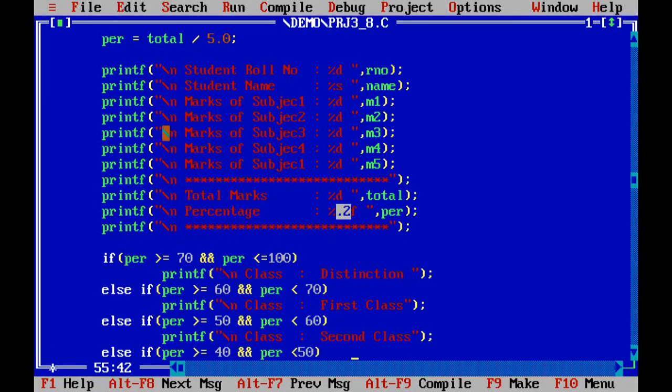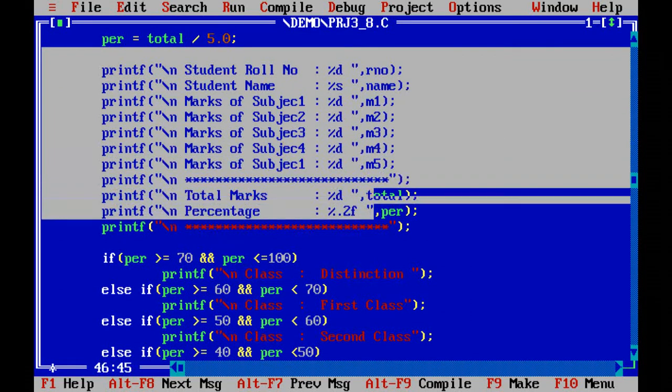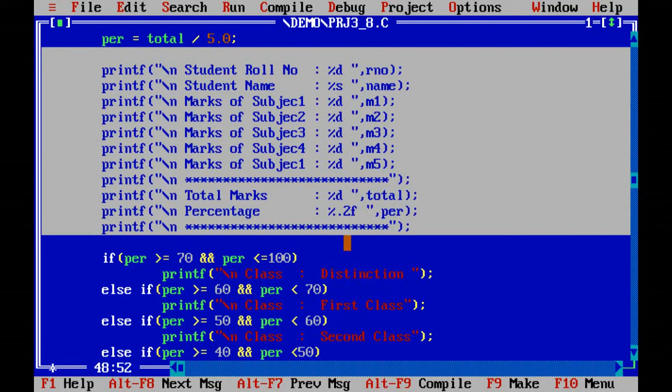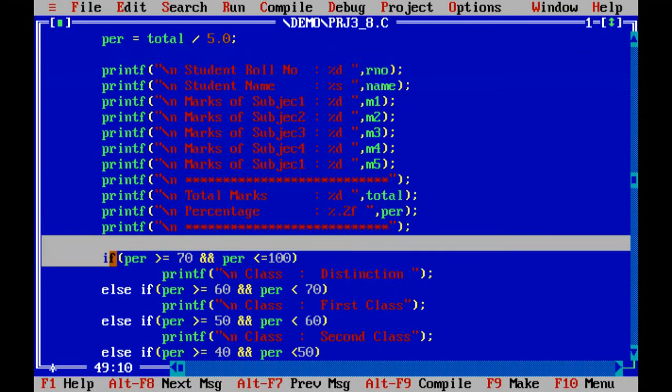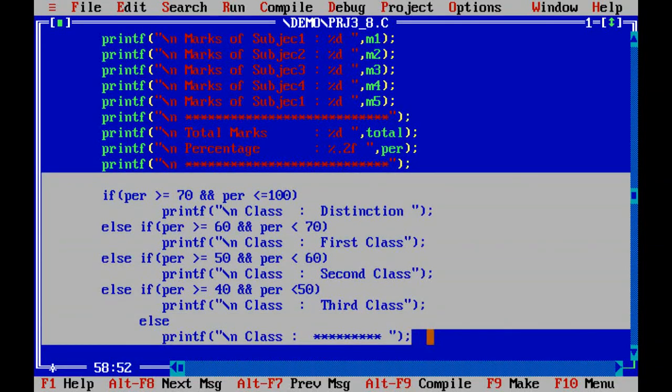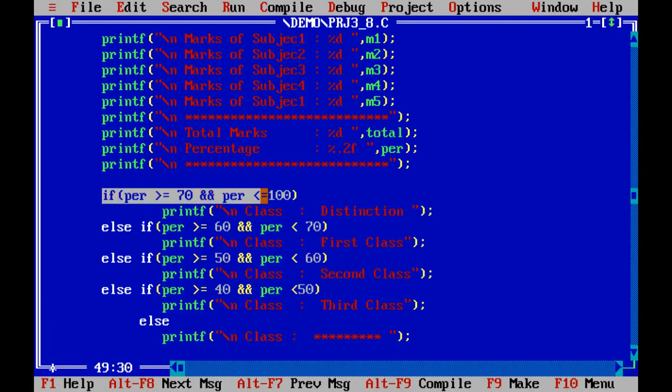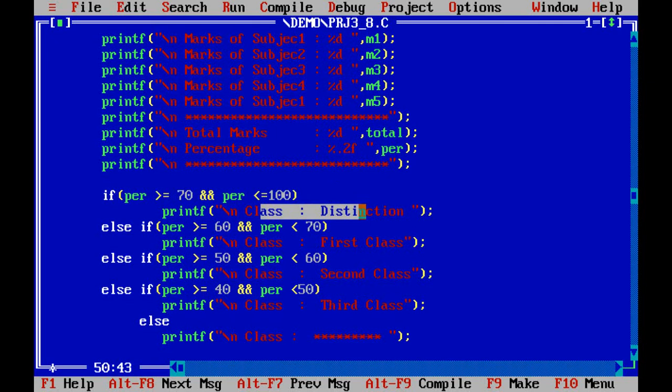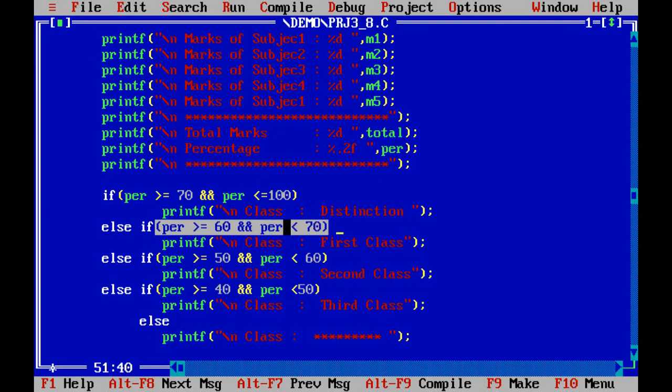Now once we have displayed the output of total and percentage, then we can display the distinction, first class, second class, third class, and pass class or a fail. So we can write this again as a nested if else condition: if percentage is greater than 70 and less than 100, then it's a distinction, else if percentage is greater than or equal to 60 and less than 70, it means